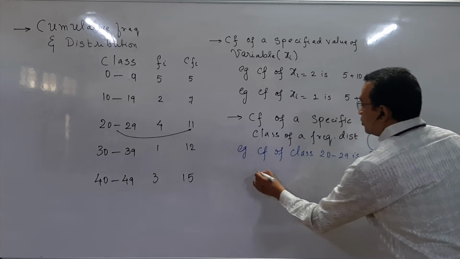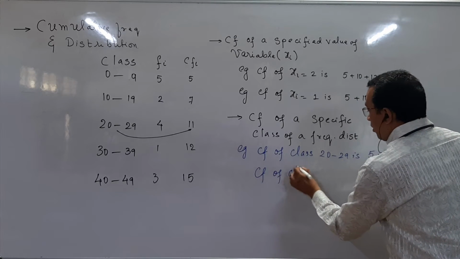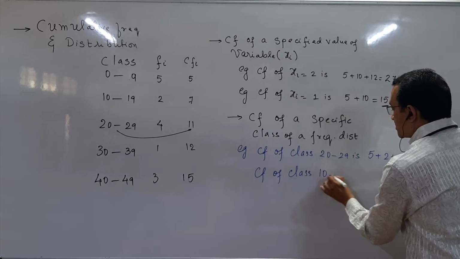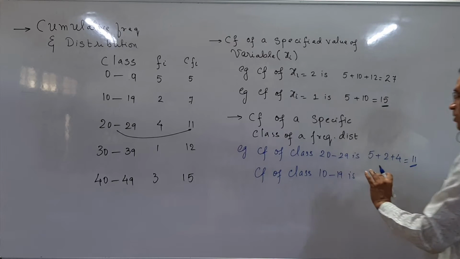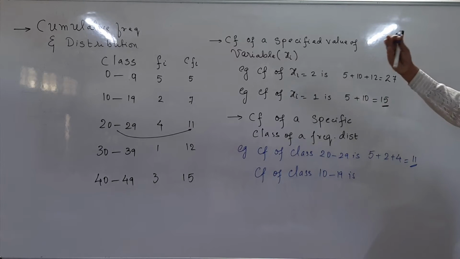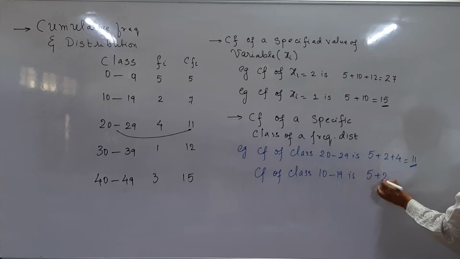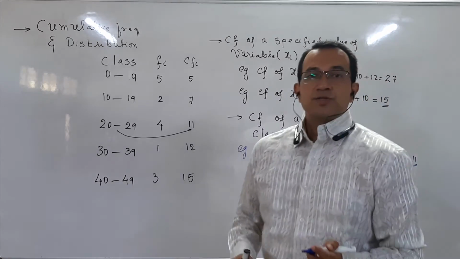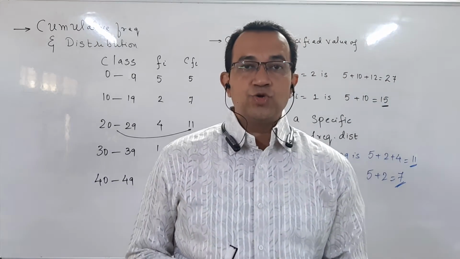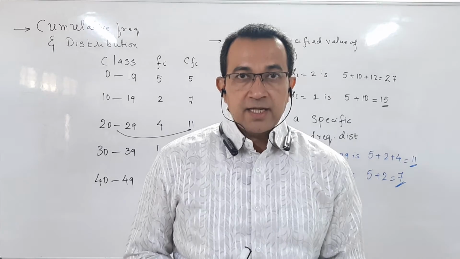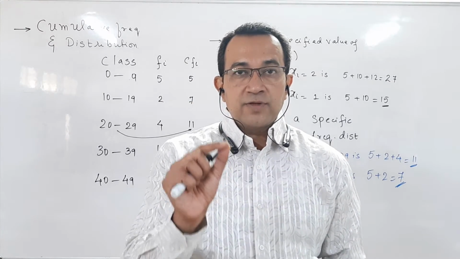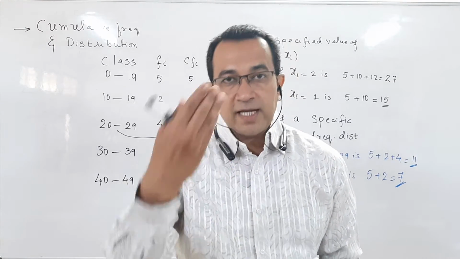Same way, cumulative frequency of class 10 to 19 is the sum of frequencies of the class above that class, including that class, which is nothing but 5 plus 2, and that is 7. So first of all, students, you should understand what is cumulative frequency of a specified value of variable